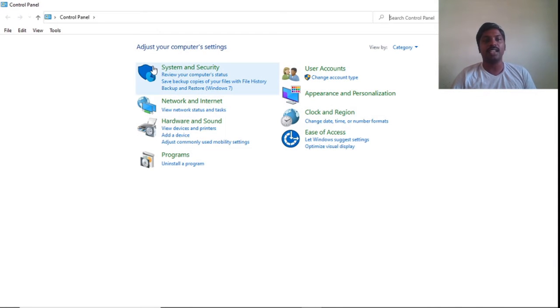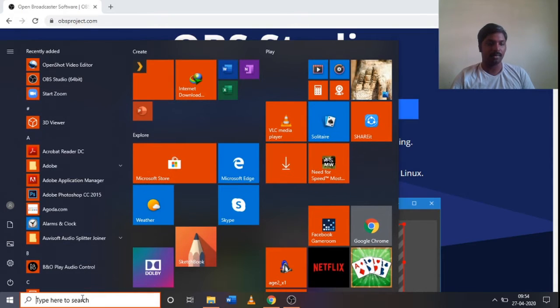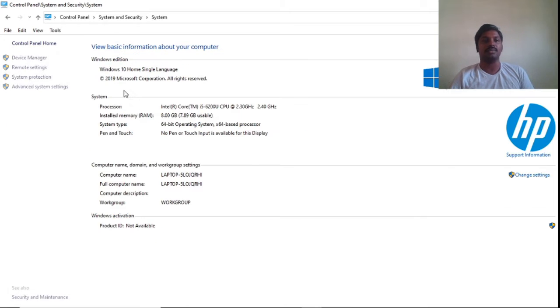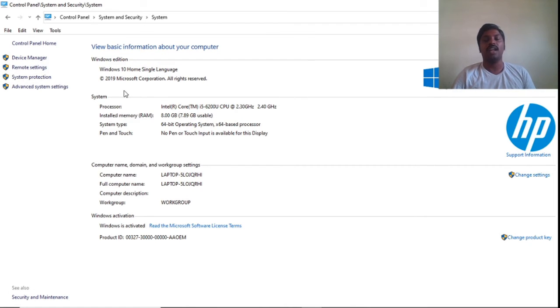So when you visit control panel, you will have to click on system and security. When system and security opens, you'll have to click on system, and there you have it. You will have the most basic information that is required to do this. What is more important to us is, under the heading system, the third category called the system type. So my system is a 64-bit operating system. I suggest that all of you look at this. If you don't do this, the software may not install properly.